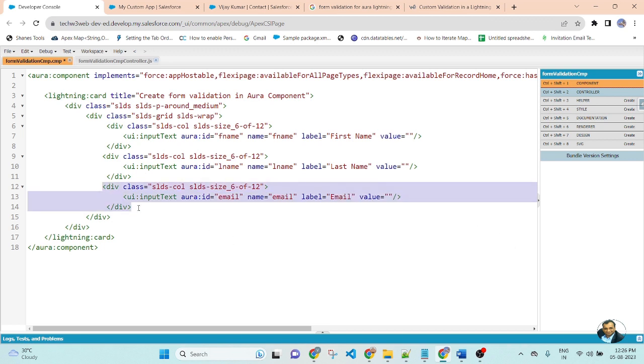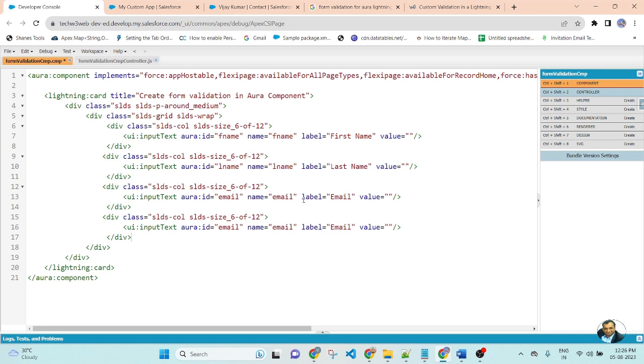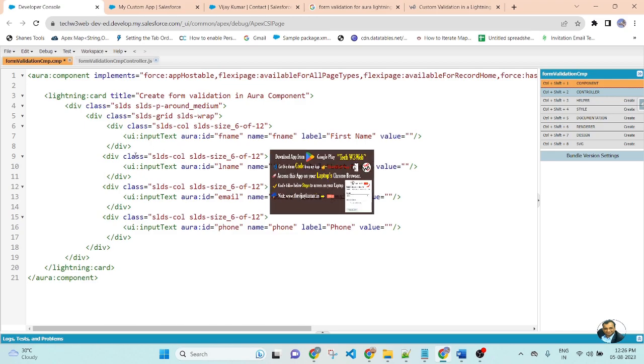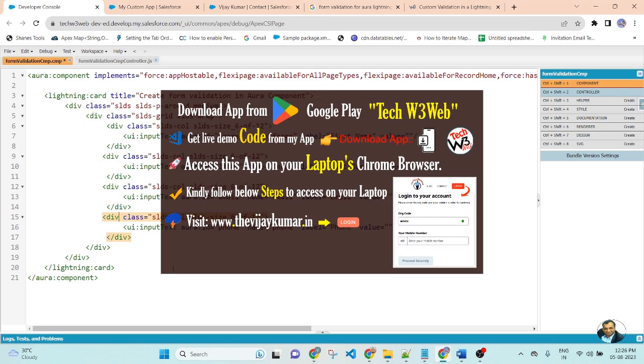Copy this div. I am creating another input field, that is phone number. Name is phone and label is phone. So I created four input fields: first name, last name, email and phone.